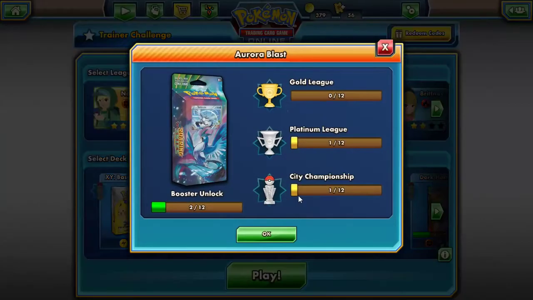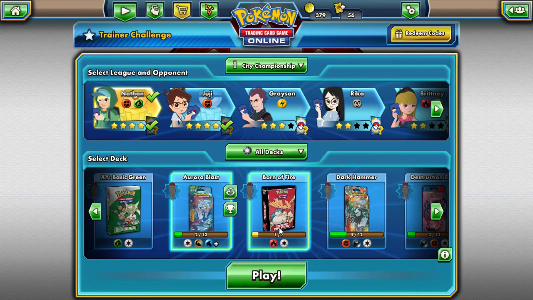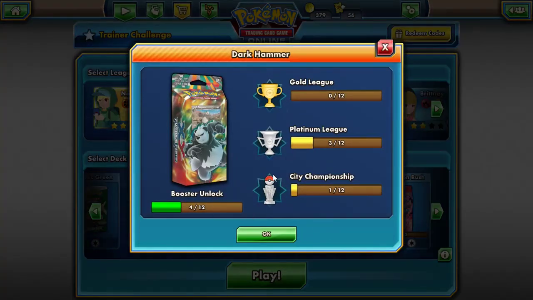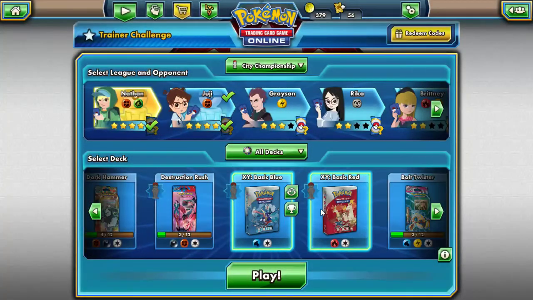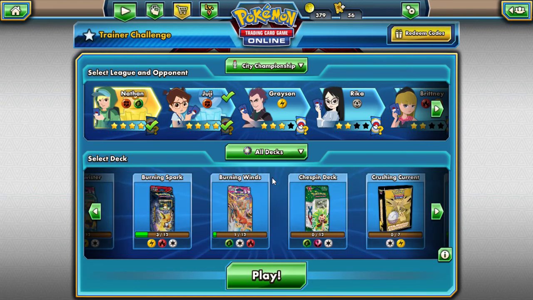You get a booster for winning 12 matches with each of your constructed decks. Actually, this one is 7. Oh, you unlock cards for this one. You unlock cards. That one's also a booster unlock. I want to say this one is a, oh, we already unlocked all our cards there. But yeah, you'll unlock stuff just by playing these trainer challenges if you don't want to play against